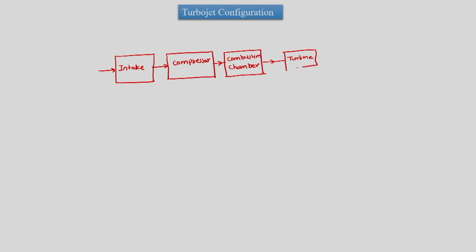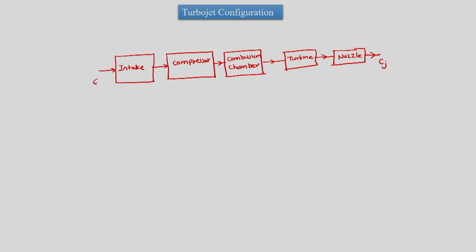Air will first come into the intake, then it will go to the compressor, and then after the compressor it will go into the combustion chamber or burner. After the burner it will go into the turbine, which is basically the gas turbine for us. Then after the turbine it will go into the nozzle, and here it generates the necessary velocity, which is